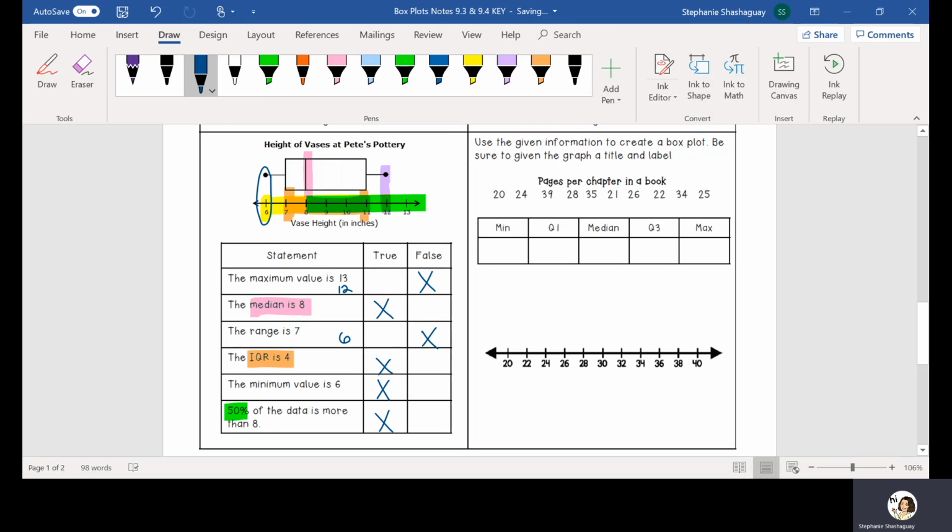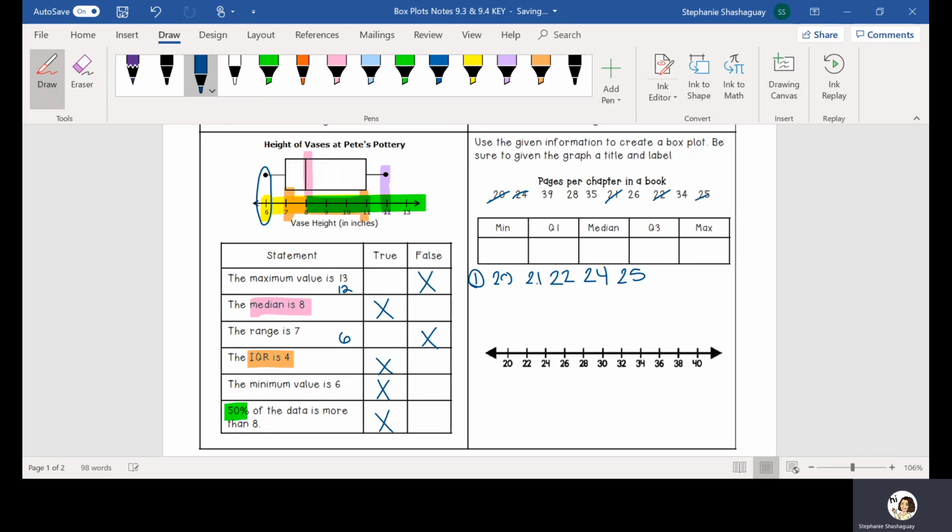All right. Use the given information to create a box plot. Be sure to give the graph a title and a label. So here we're provided the data, and our first step is to place it in order. Okay, so looking at our numbers, we need to place this data in order. So I'm going to start with 20. Then I have 21, 22, 24,